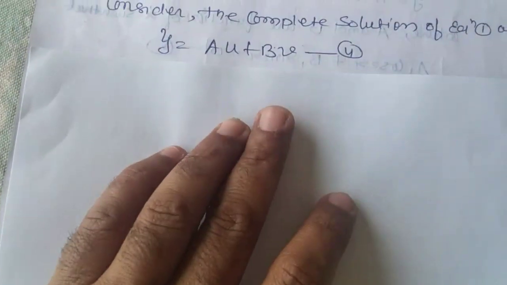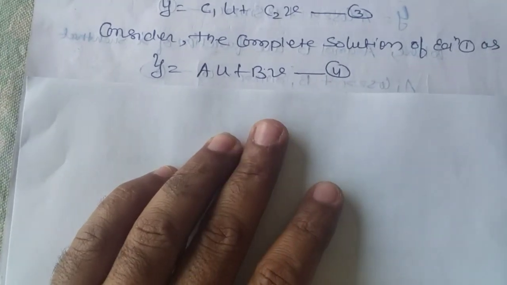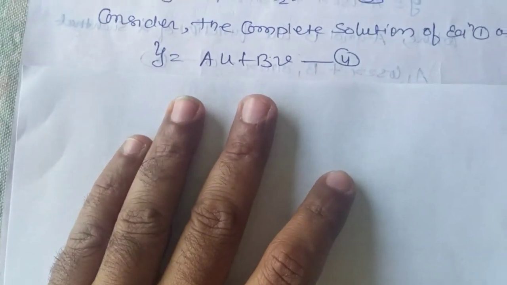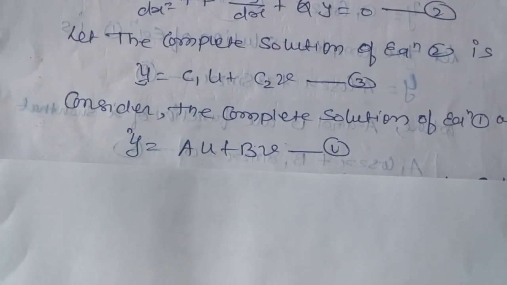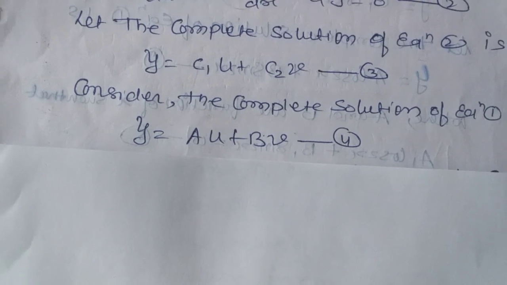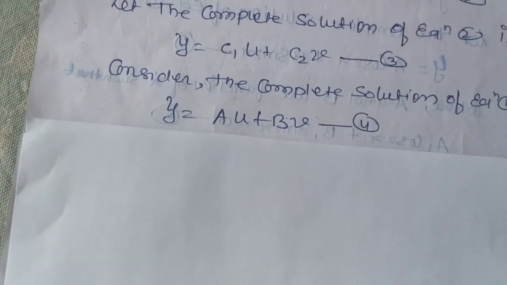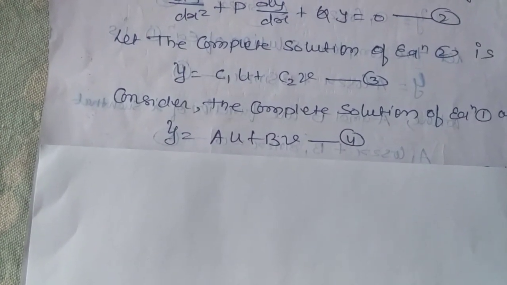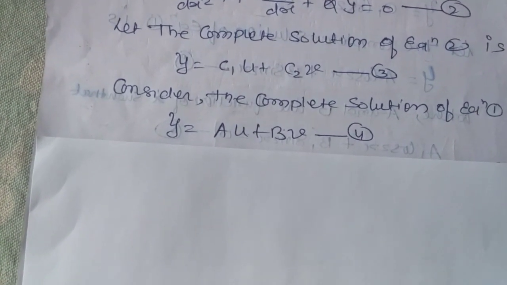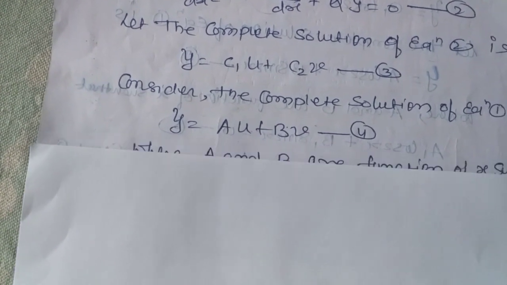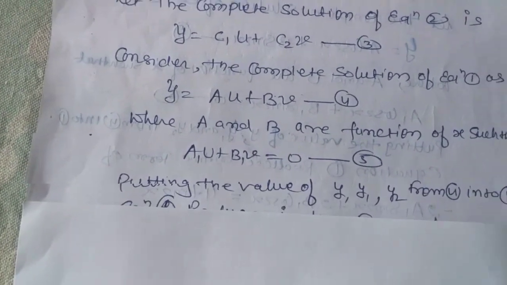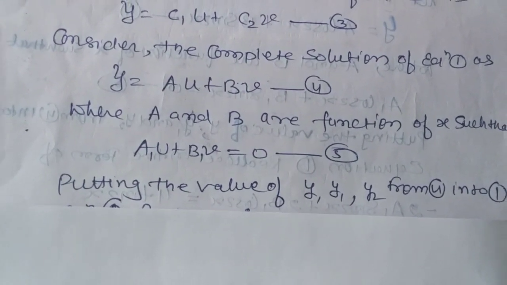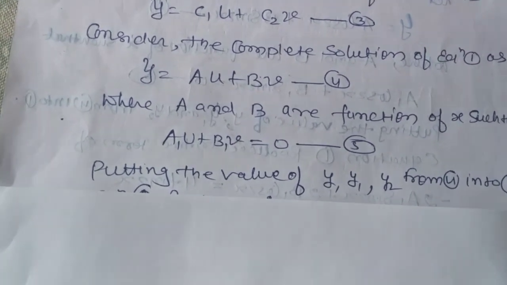Since equation 4 is the complete solution of equation first, we have to identify the values of a and b, and putting these values of a and b in equation 4, we get the desired solution. Now as equation 4 is a solution of equation first, therefore it must satisfy equation first. So putting the values of y, dy by dx and d2y by dx2 from 4 into first, equation first reduces to the form,